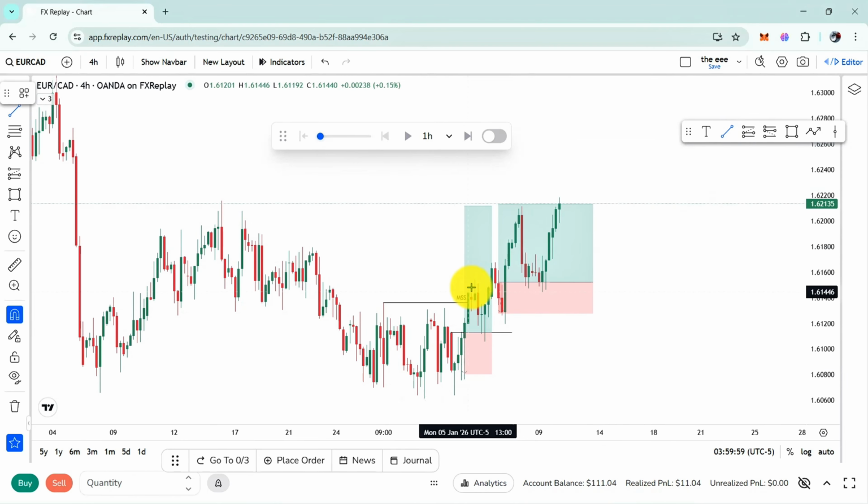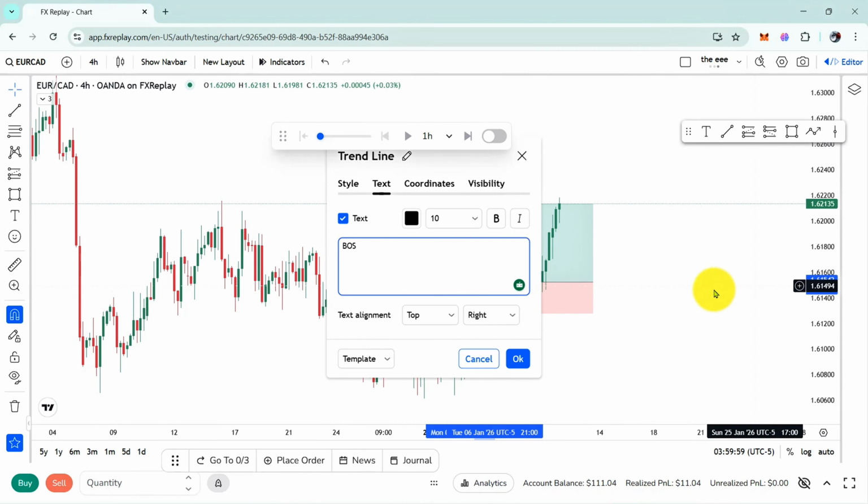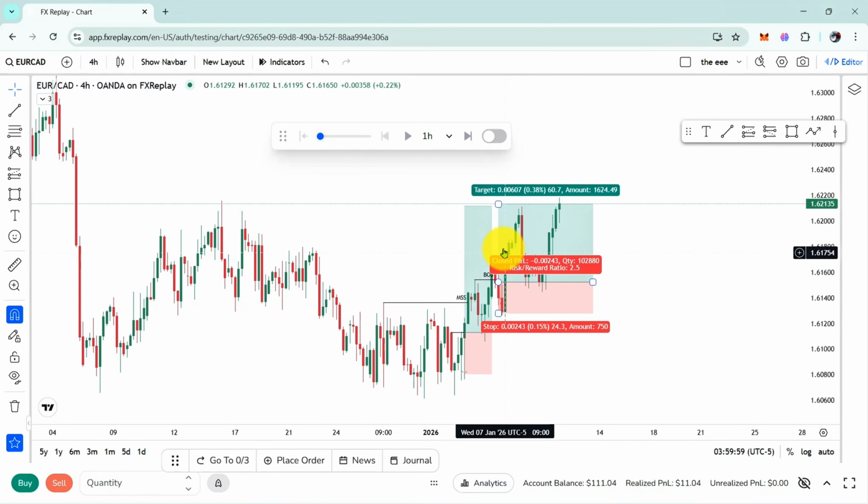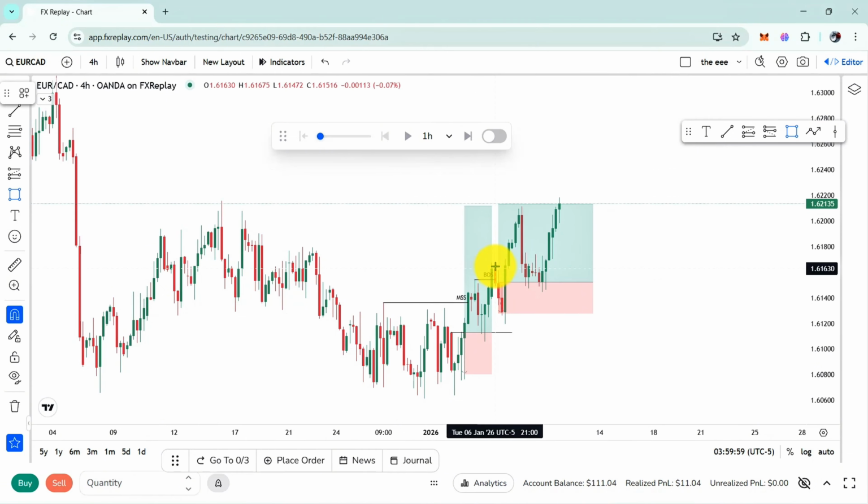You know, I actually showed it here. This is a continuation of structure. This is MSS. That is the BOS. Okay, I'm talking about the BOS now. So after BOS, then a retracement. This is another order block. I used it. I took the trade off. Then we have another